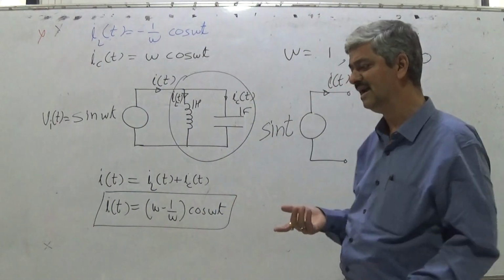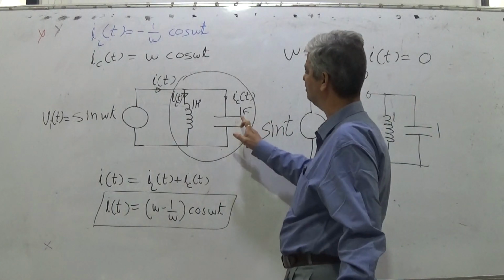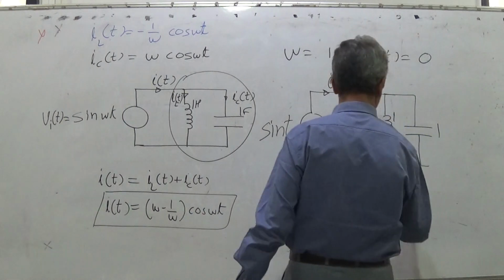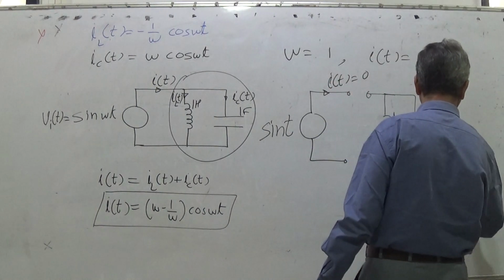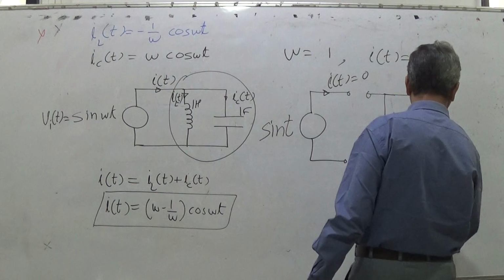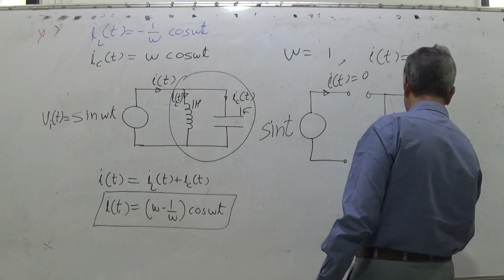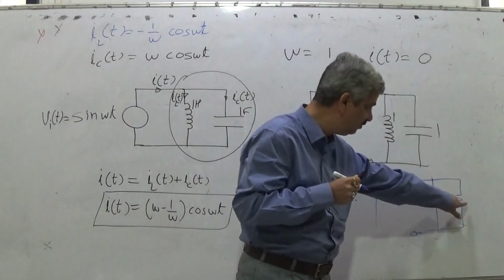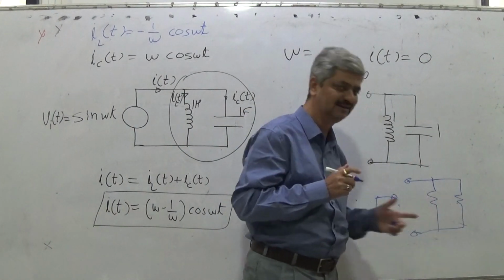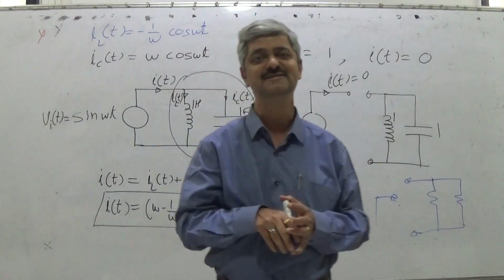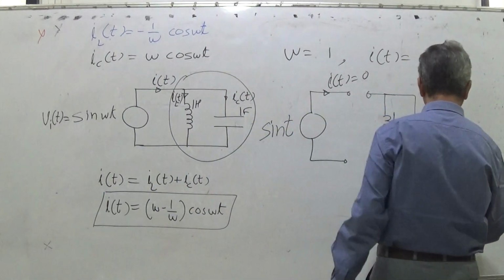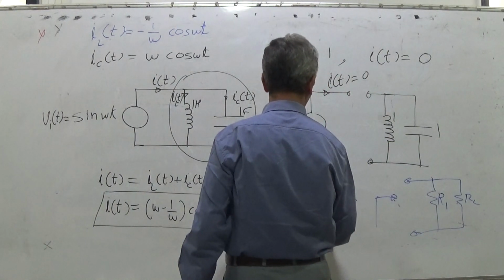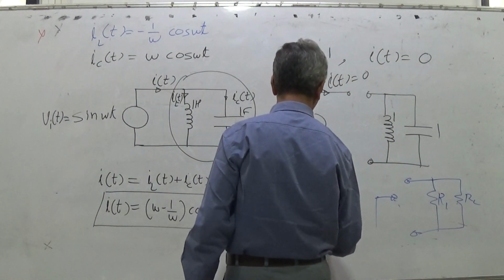So how can we do that? Suppose I have this resistance and this resistance in parallel, and if I look from here, I see the effective resistance of these two individual resistances in parallel. So what is the formula for parallel resistance? It is R1 R2 upon R1 plus R2.